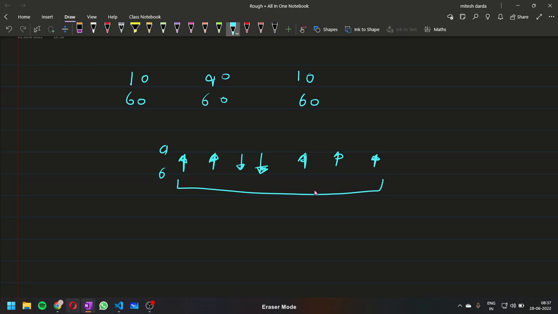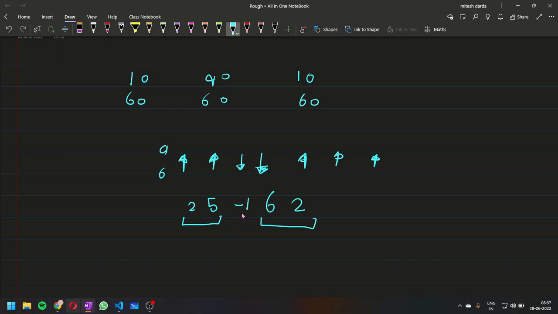If we look carefully, this is something like Kadane's algorithm. In Kadane's, whenever we are finding the subarray with the maximum possible sum, there could be a case with elements like this, 6, 2. If we just take the subarray of these two elements, and the subarray of these two elements, both are lesser than if we take the subarray of all five elements, including this negative element as well. This negative element is decreasing, but the 2 and 5 are increasing.